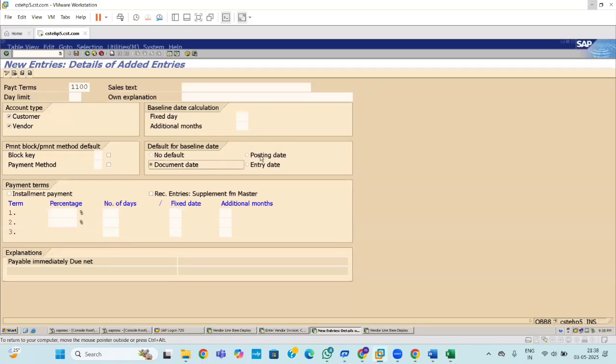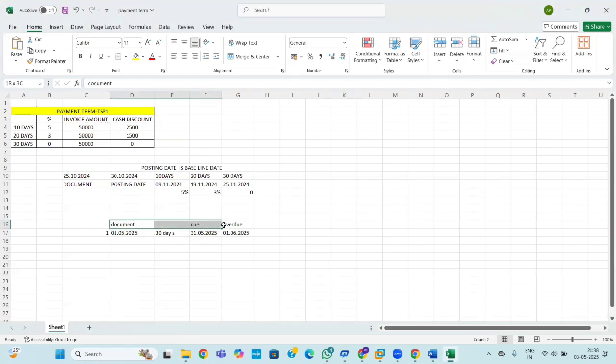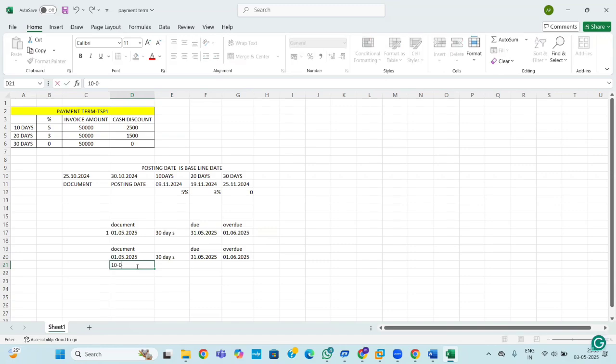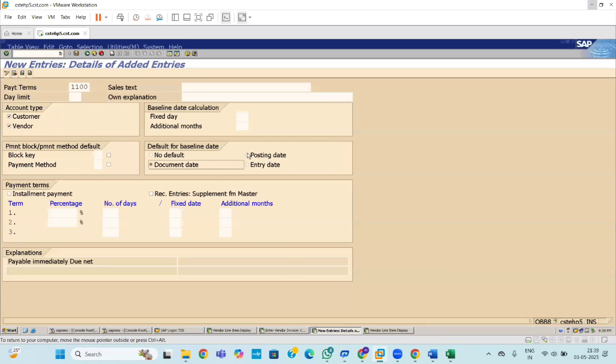One more here: posting date. Posting date we already know. Here the same invoice is there. The document date is the 5th, but I posted it due to some technical issues, such as the courier invoice reaching late or other user-side issues. I am posting this document on the 10th of this month, 10/5/2025. So if I selected the baseline date as posting date,